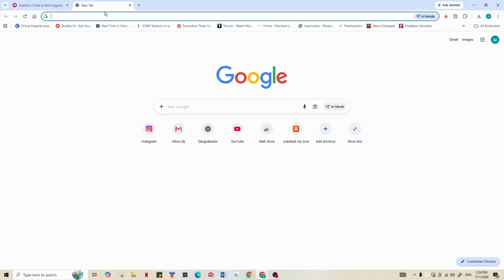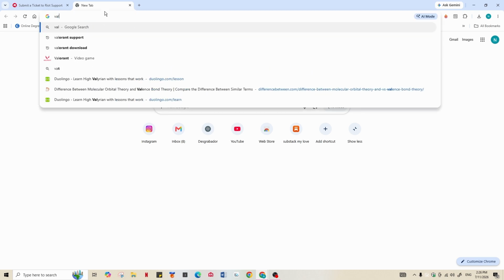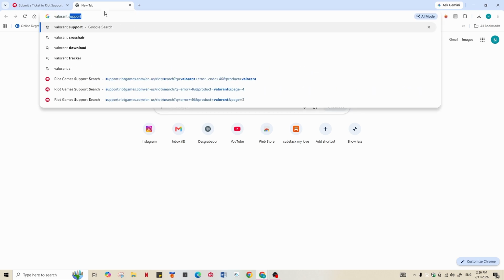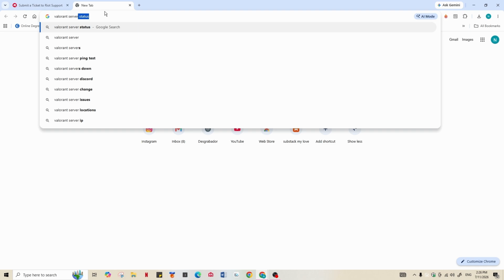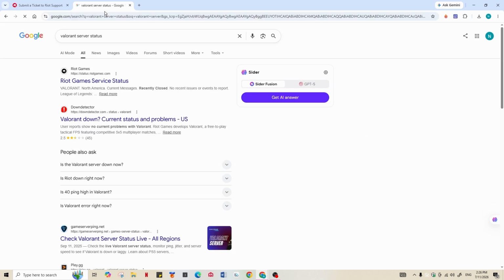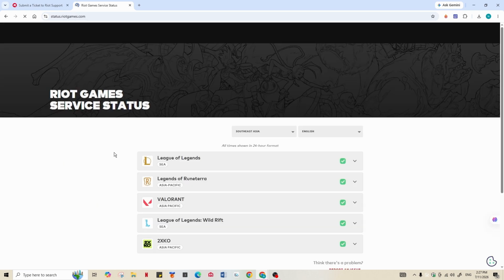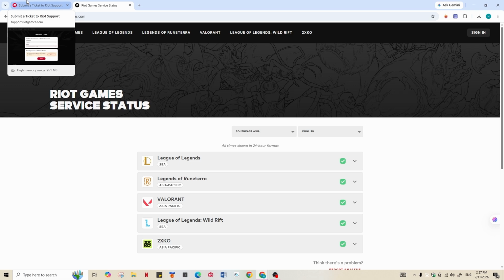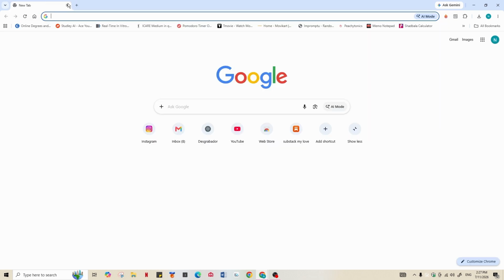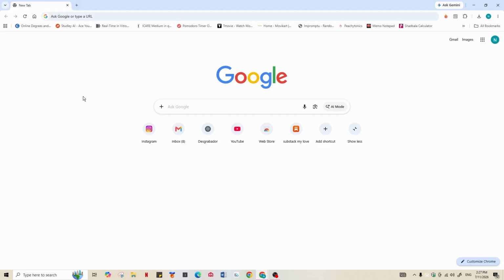You could also go ahead and check the server status of Valorant. Go ahead and search for Valorant server status and hit enter on your keyboard. You can also go to Downdetector or go to the Riot Games service status and see if Valorant is working properly. If not, the fault is on Valorant's end. So you need to wait for a few hours for it to resolve, and then you can start using Valorant